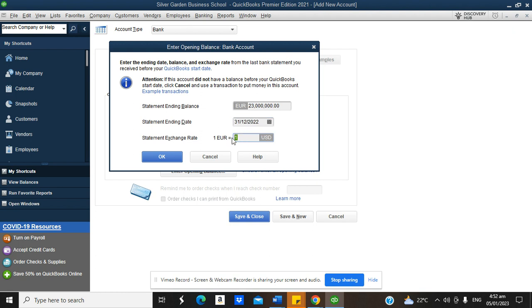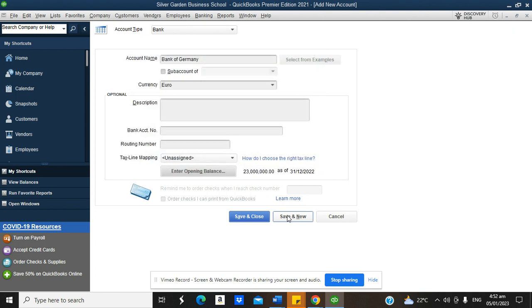So 1 euro equals, let's say, 1.1 USD or 1.09 USD. So that's the exchange rate. Why is the system asking us for an exchange rate? Because the currency of the bank account we're adding is different from our home currency. So there's a need for us to update the exchange rate for easy conversion to home currency. Then you click OK, and then you come back here, Bank of England,